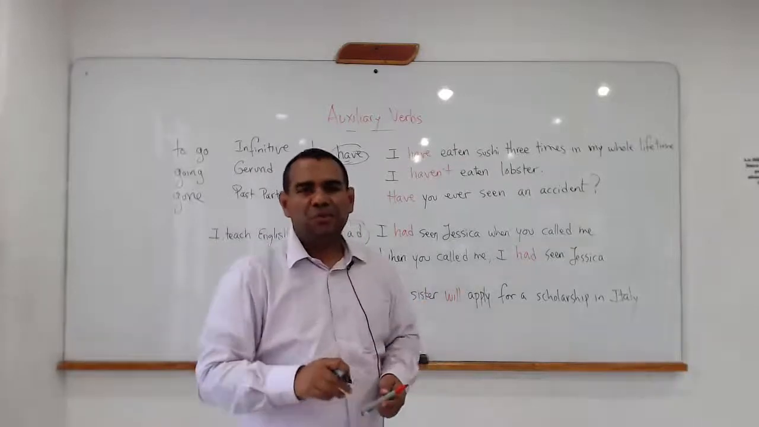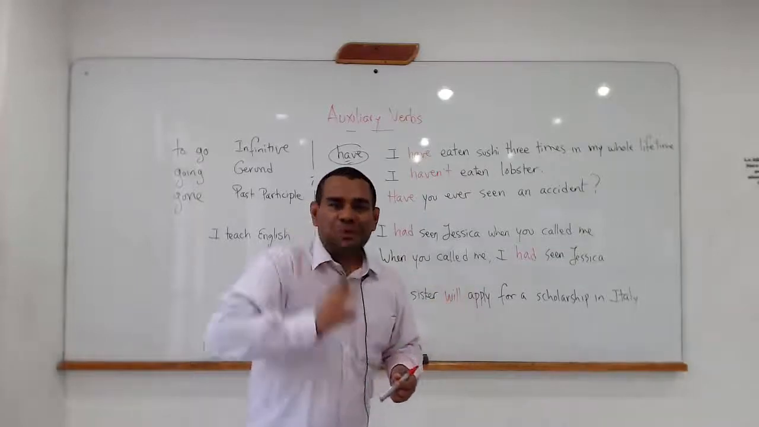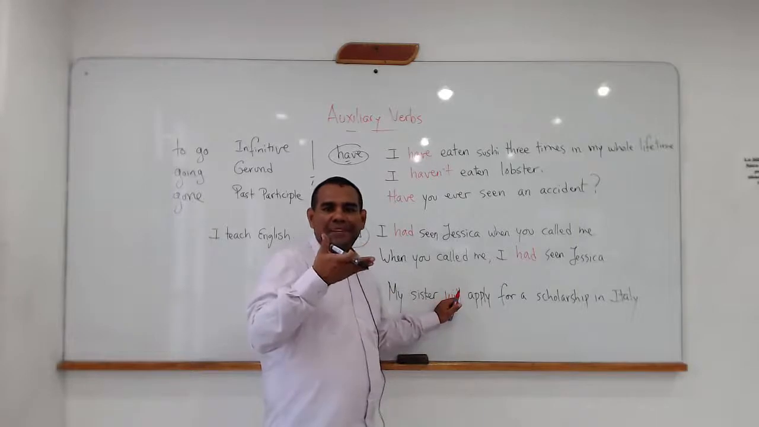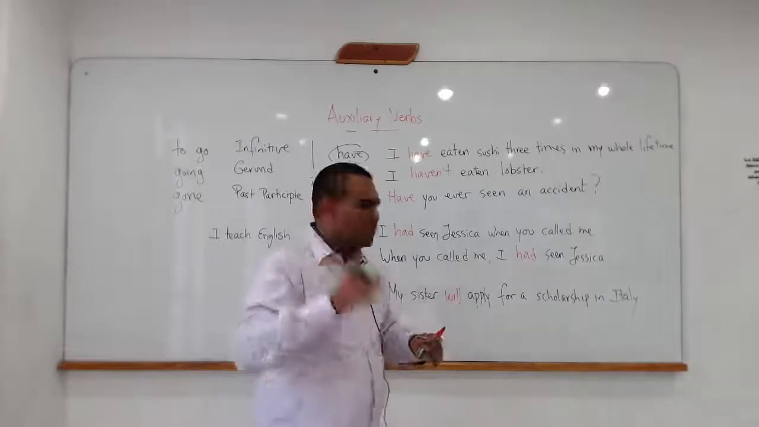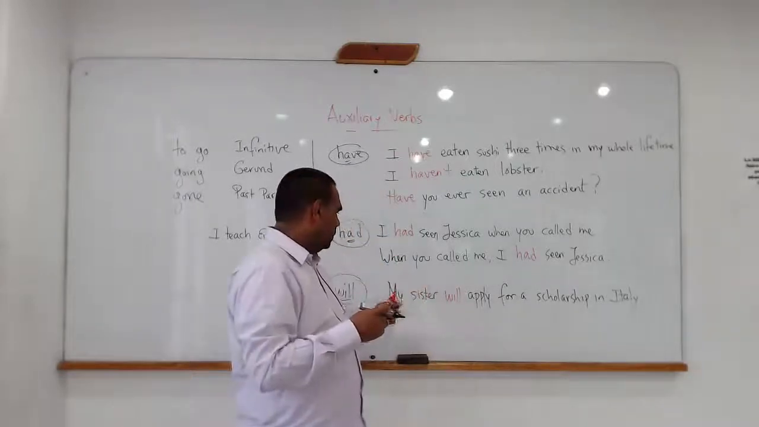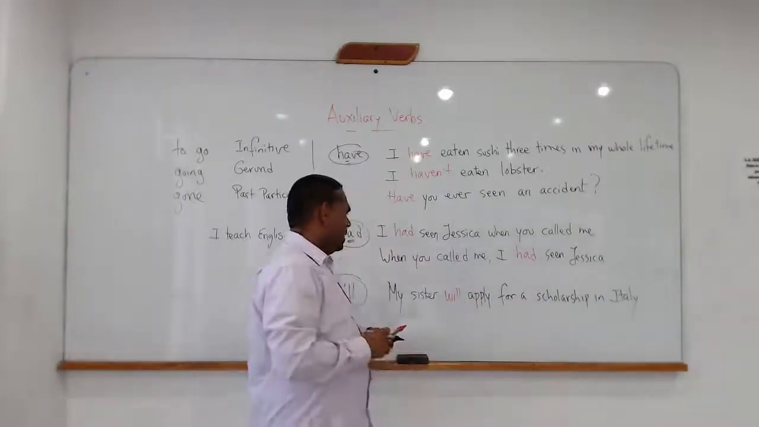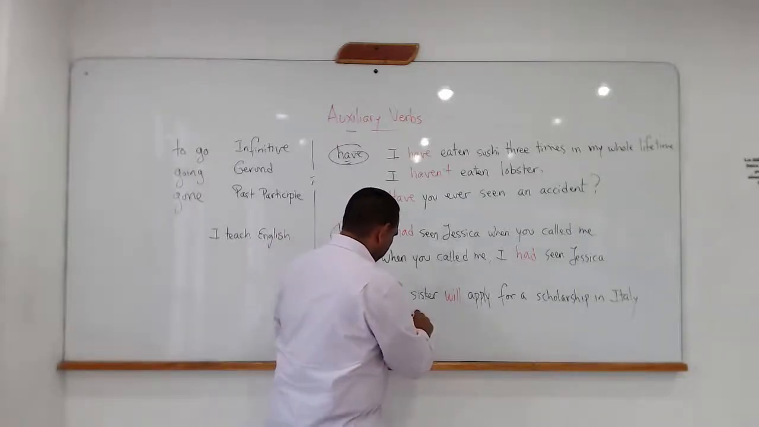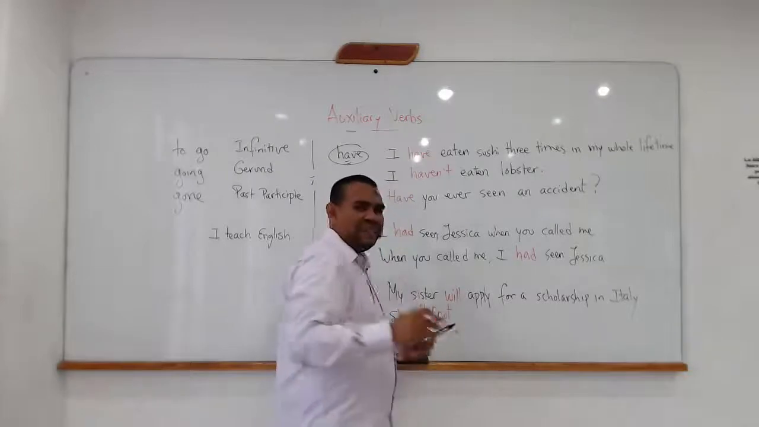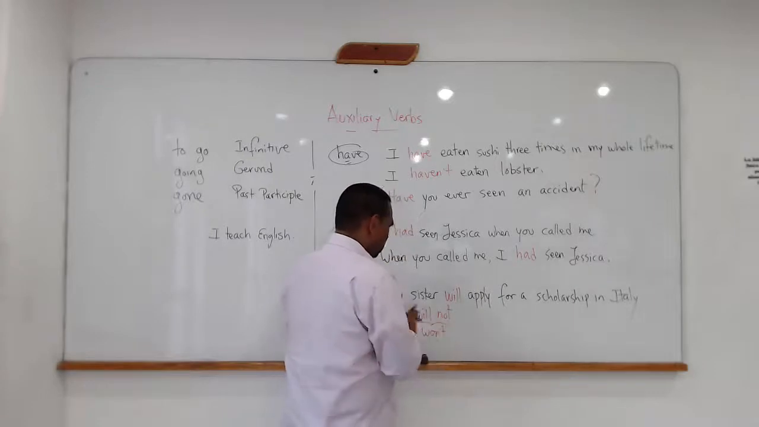In terms of meaning, one more time, we face the situation that this doesn't make any contribution. The only contribution it makes is in terms of function, not in terms of meaning, only in terms of function. The function is referring to future. My sister will apply for the scholarship in Italy. Okay? Then, the conjugation in negative form is this way. She will not, and remember, this more commonly becomes a contraction, and we will say won't. She won't